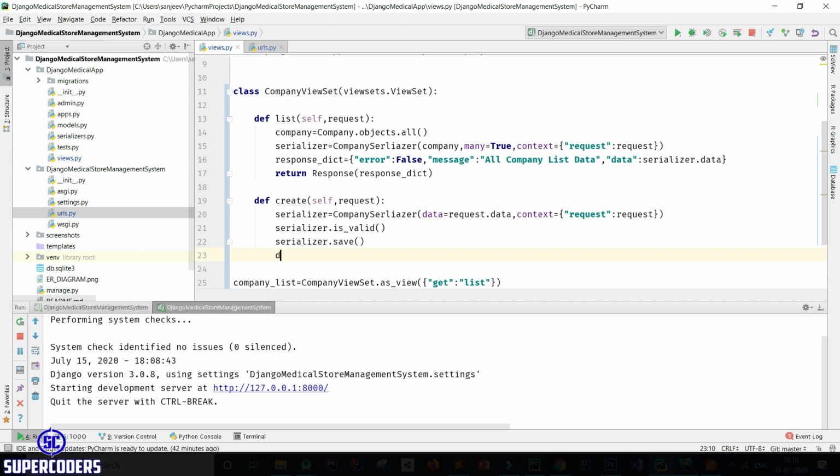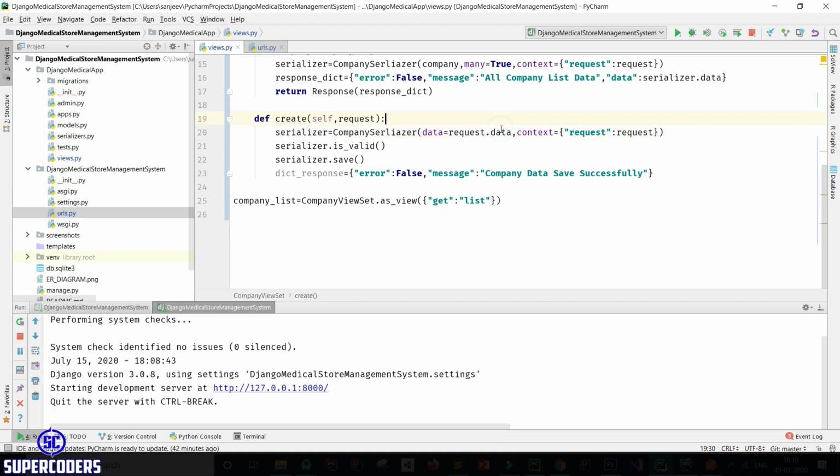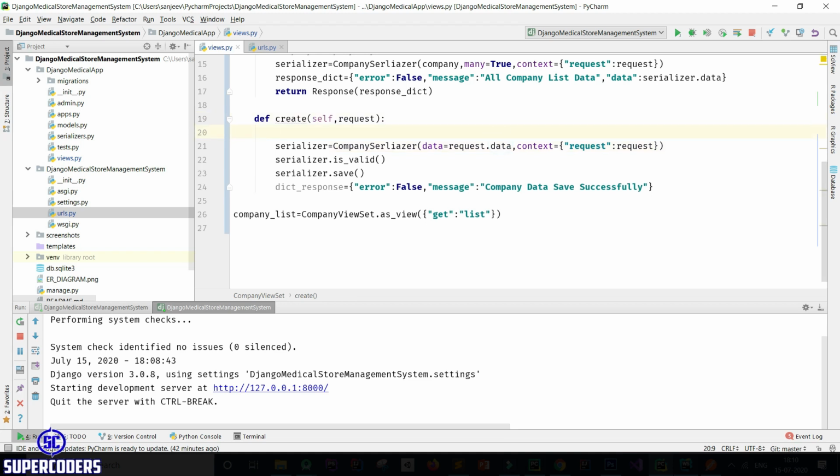Then dictionary data. So response dictionary equal to error false, message, company data saved successfully. Also put this code in try catch.